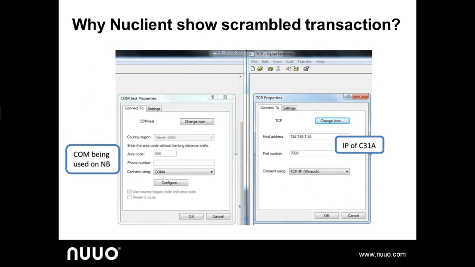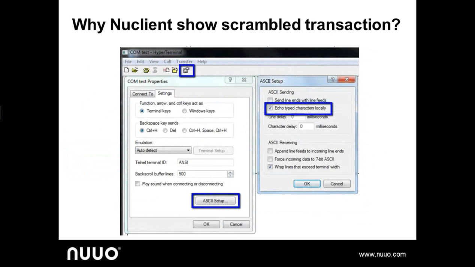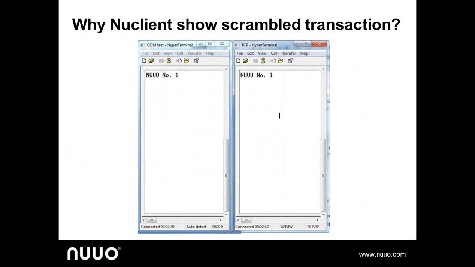Please also check "echo typed characters locally" in the ASCII setup settings page. If the C31A is working properly,